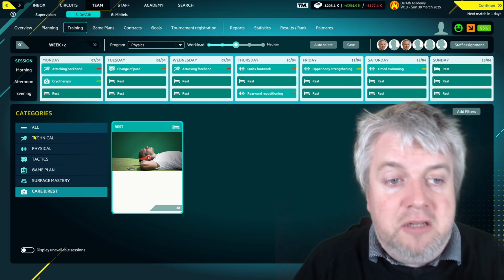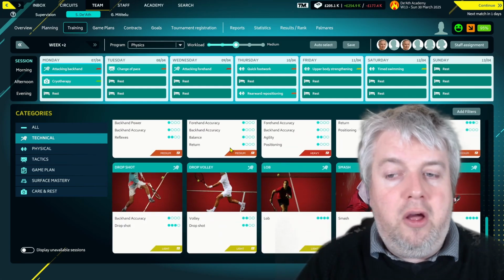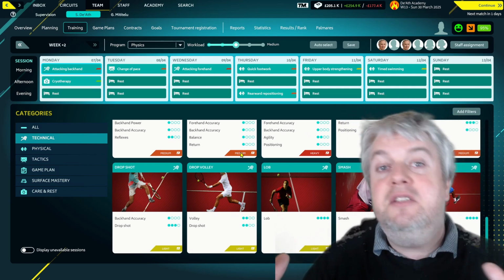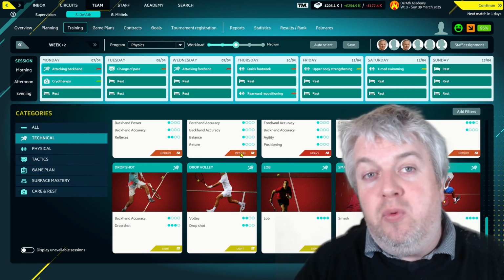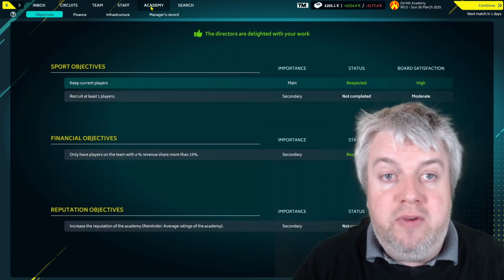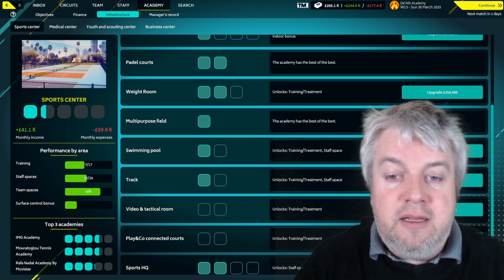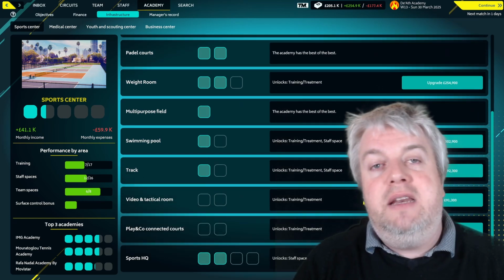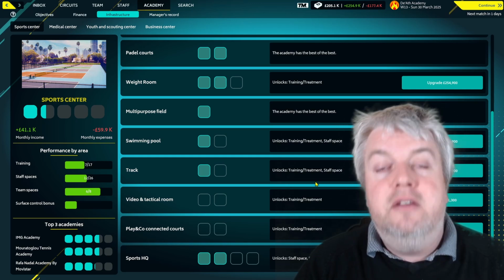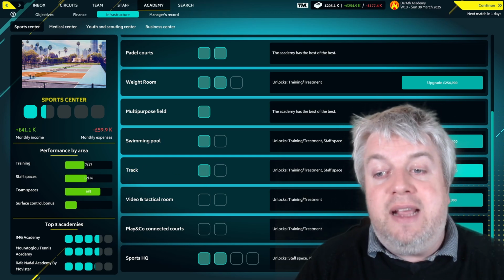Now, when you look through your own, you may see that there are additional things that you've got that I don't have, or vice versa. And the reason for this is to do with your academy and what you started with, or where you are at the minute. So depending on your academy infrastructure, which you can reach here, so this is the infrastructure. Depending on what you've actually got in your academy, that will impact the sort of trainings that you're able to do. So for example, recently I upgraded the track, or put a track in, and that gave us sprint